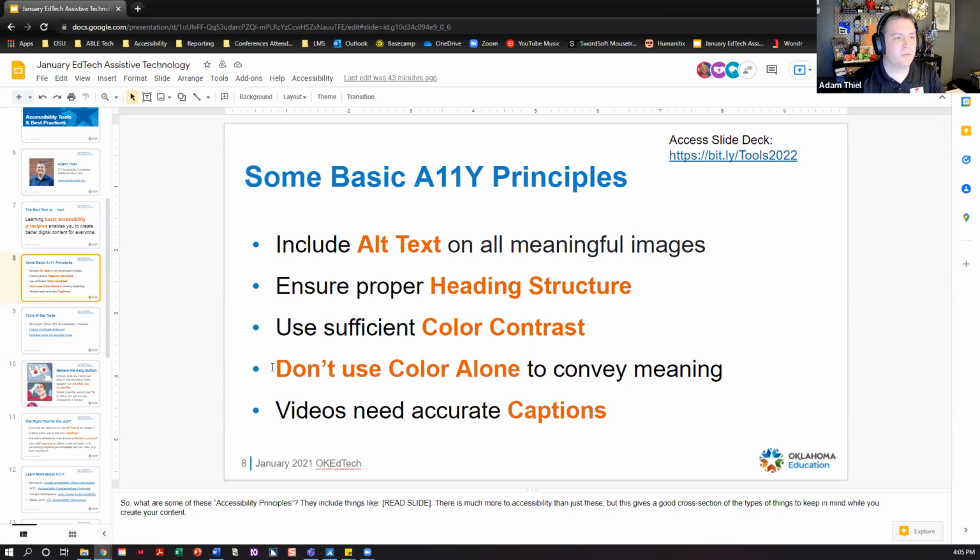You want to use color and at least one other way to denote that information. And that's because if somebody's colorblind and they can't tell the difference between that color, then they're not getting the same information. It's not clear to them what information you're talking about.